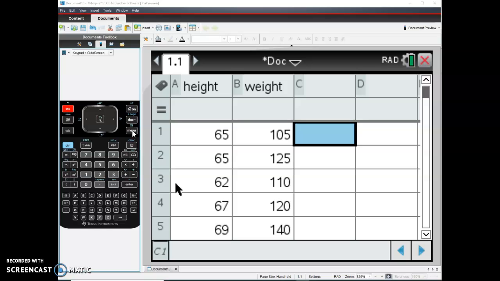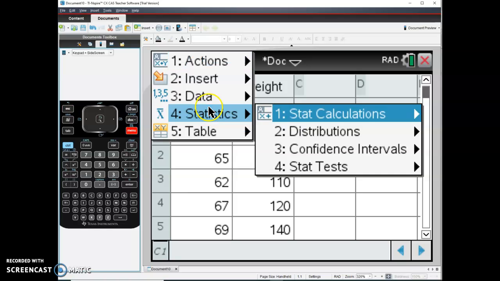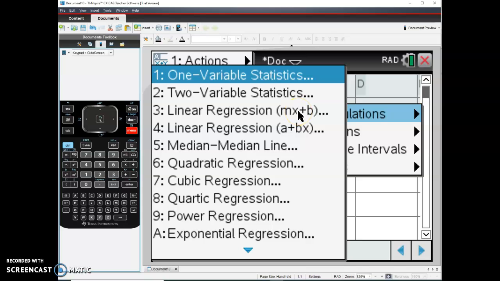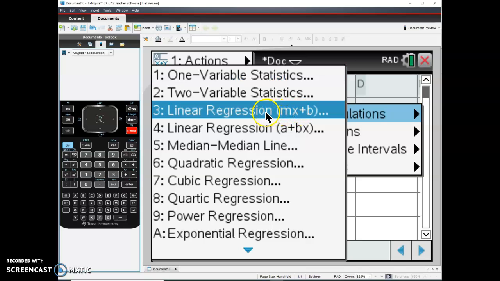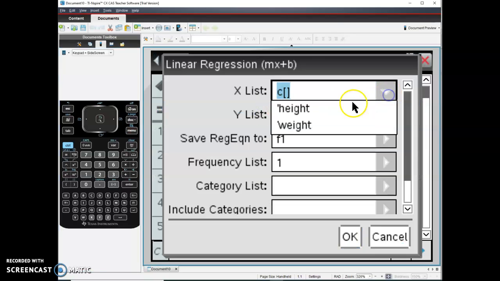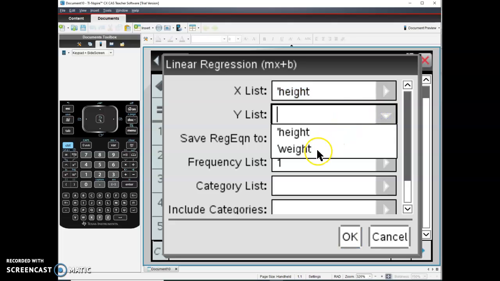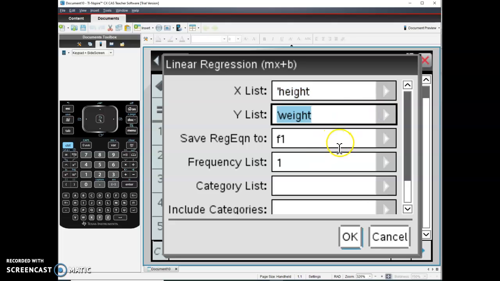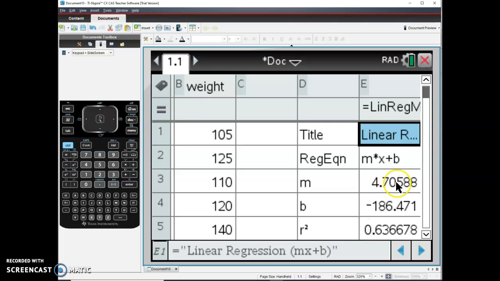And then if you hit the menu button, you'll get a menu with a bunch of different choices. The one we're looking for here is in the stats choice. We're going to do linear regression. I'm going to stick with the slope-intercept form since that's what we use in class. You can choose your variable names if you put them in, or it'll just take your x's and y's if you'd like as well. And click OK, and it'll calculate the